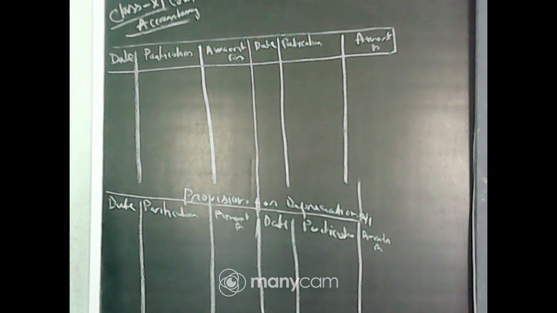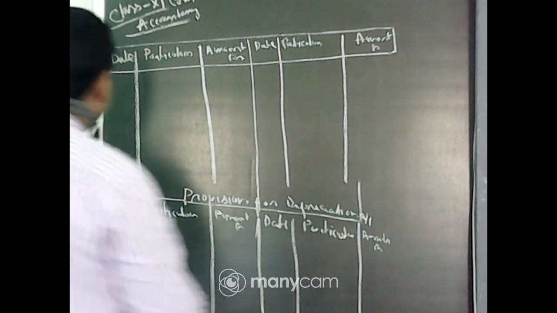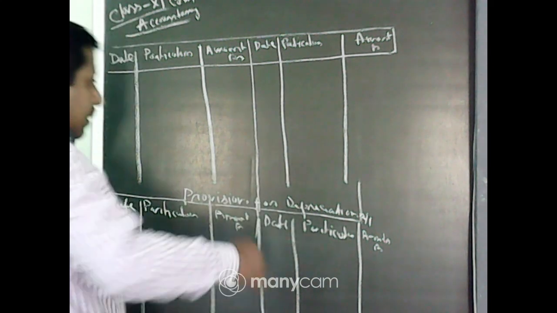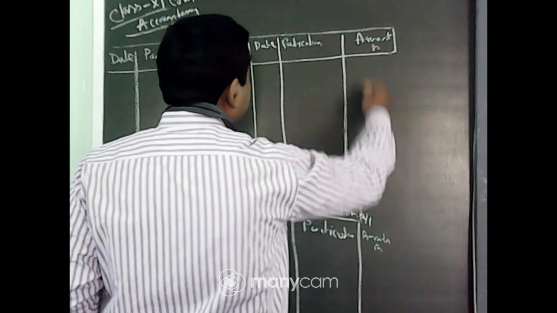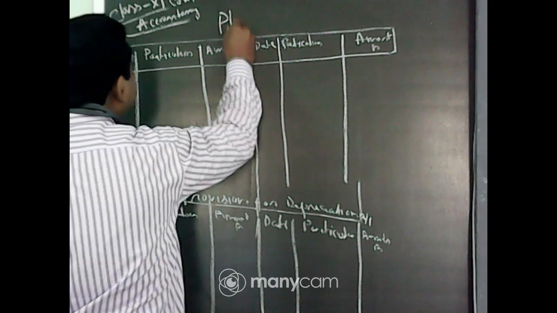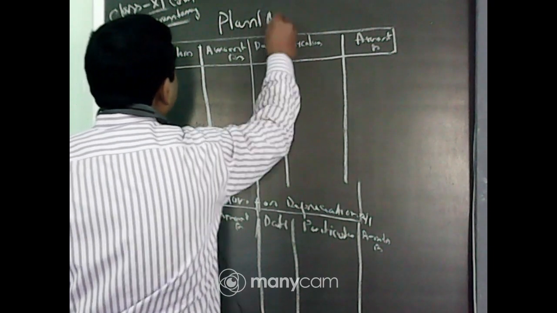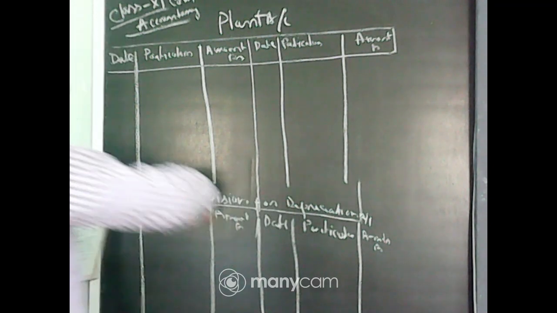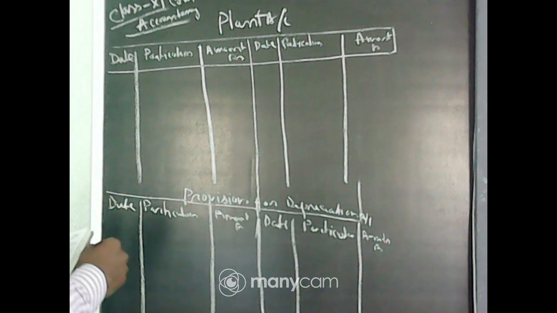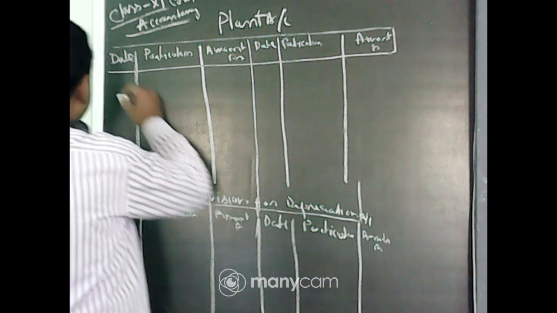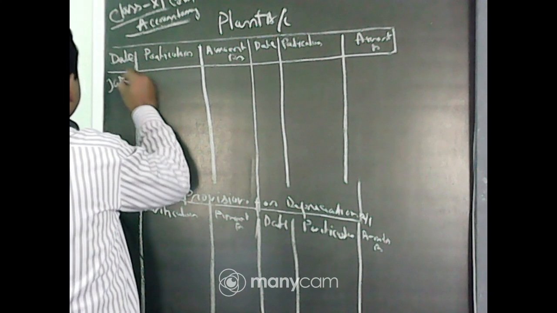Now as the machine was purchased in July 2015, here the place is very short, that's why I have done it like that. It will be better if I show you beside that. We have made a plant account, and next below that the provision for depreciation account, because we have to maintain a provision for depreciation account. Now how we maintain it, just look.